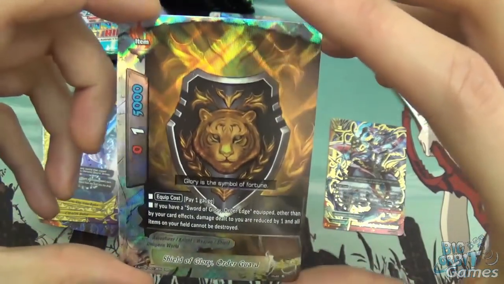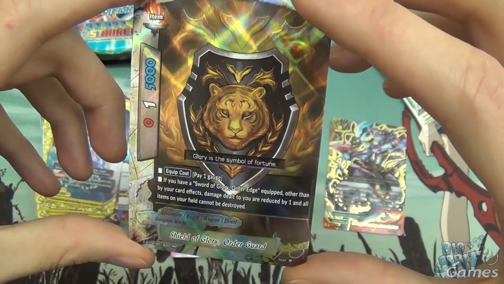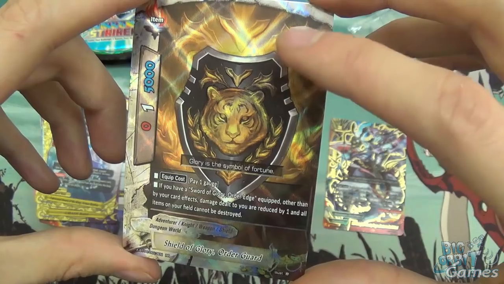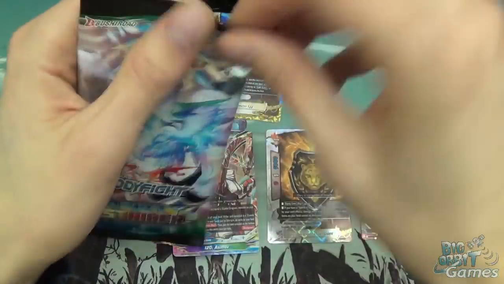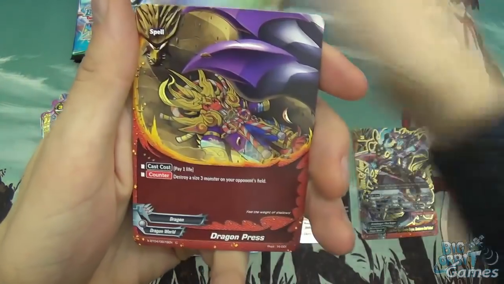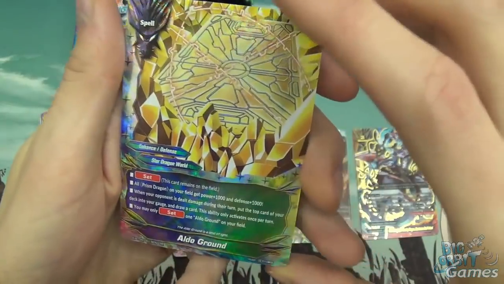Guard. So it has 0 attack, 1 critical and 5,000 defense. Equip cost, pay 1 gauge. If you have a Sword of Glory, Order Edge equipped, other than by your card effects, damage dealt to you is reduced by 1, and all items on your field cannot be destroyed. Mini Gear God Purple, Phase Seal Chains, Dragon Press, Giant Bird Thunderbird, Aldor Ground, which is another double R. This